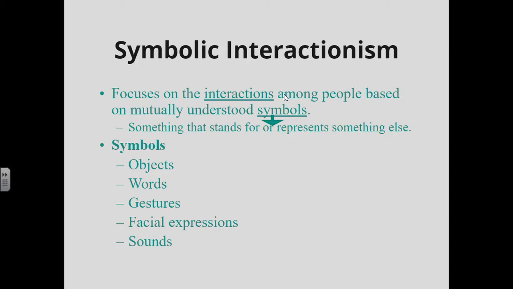While in the United States, if you flick somebody off, everybody knows pretty much what that means. That's a derogatory symbol to somebody where they're like, you know what? Same to you. They might flick you off back or yell back, or who knows what that incident results in. So within cultures and societies, we have these mutually understood symbols, and they talk about this being the way that we function. But it goes a little bit deeper than that with some of the stuff too, and we'll talk about that here in a second.